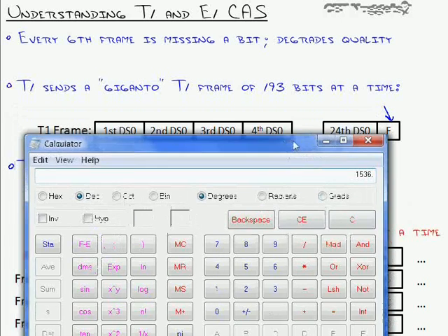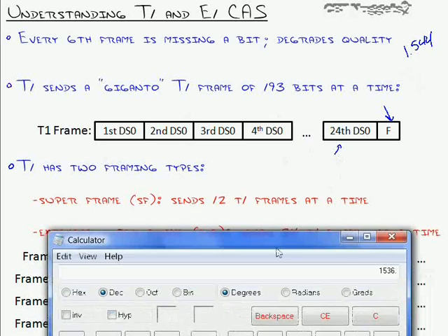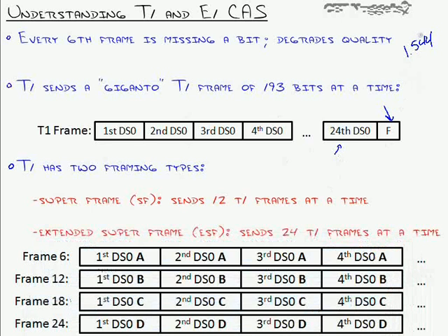Why does everybody say a T1 line is not 1.536? They say a T1 line is 1.544 megabits per second. That's always the speed. If you just add the bandwidth of all the DS0s together, you get 1.536. Where does the extra little smidge come in? That's the framing bit. Every single one of these giganto frames has one bit on the end of it, which adds all up, and that's what ends up giving you the 1.544 megabits per second, including that extra framing bit.